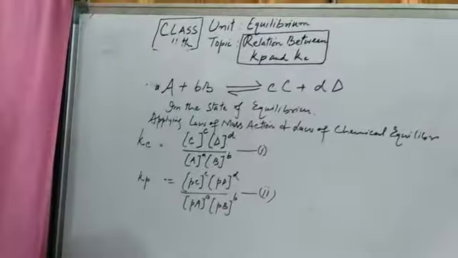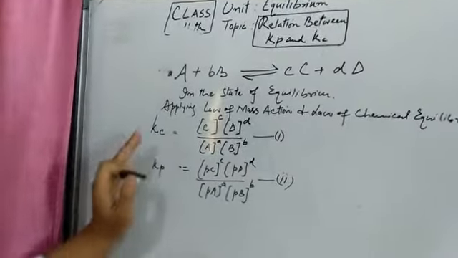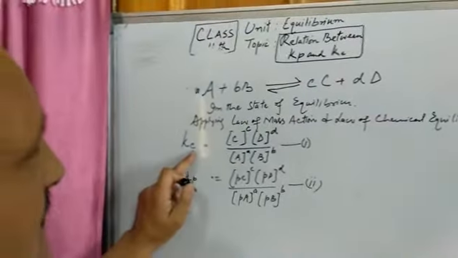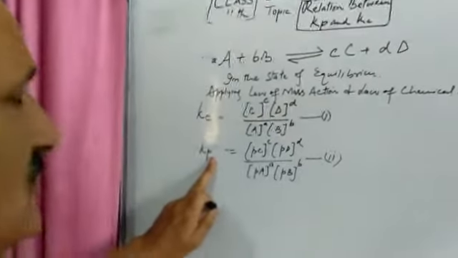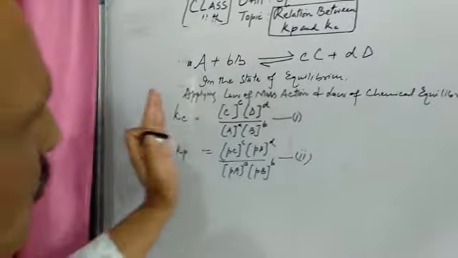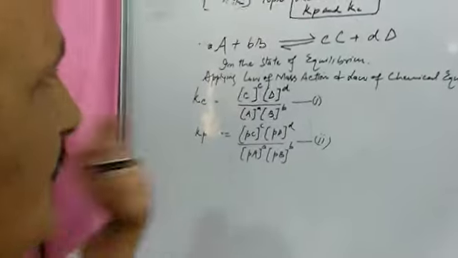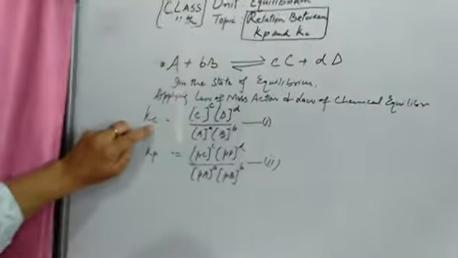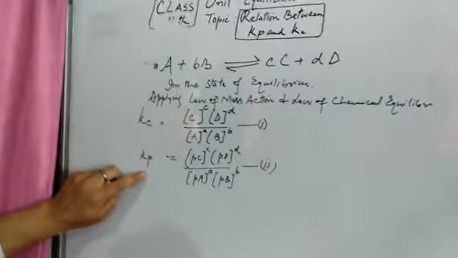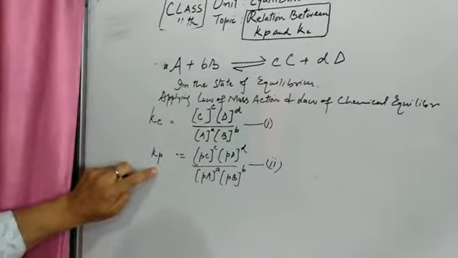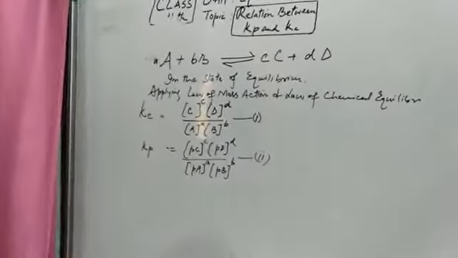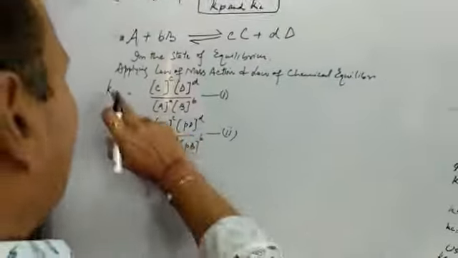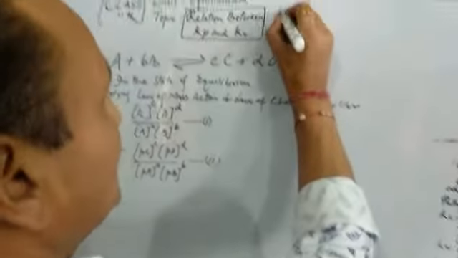So remember that both are equilibrium constants: the first in case of molar concentration, and this is in case of partial pressures. In the first case we have taken molar concentration into account, and in the second case we have taken partial pressure of products and reactants into account. Now please remember this equation. Let me write these two equations here.